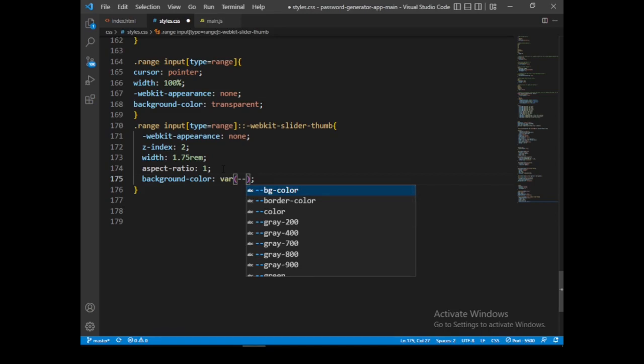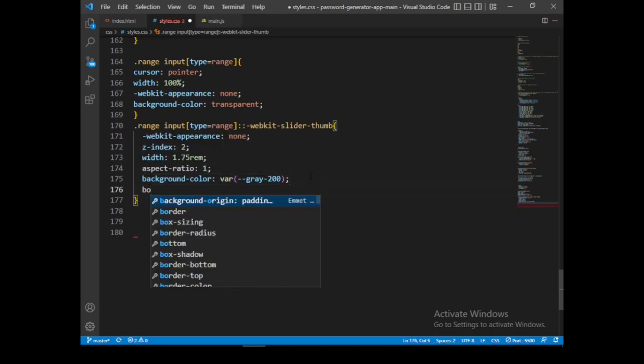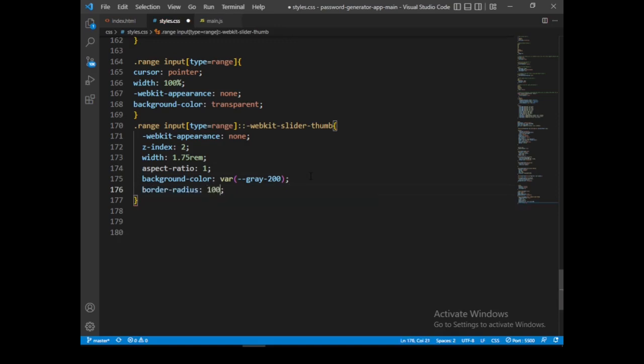Set it to 200. Then importantly, I want to set the border radius to 100. Width,